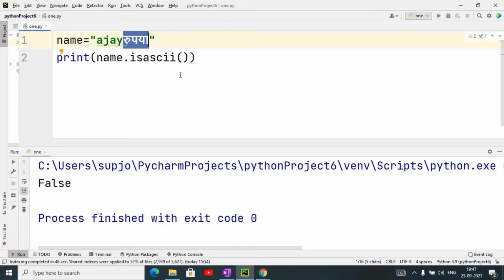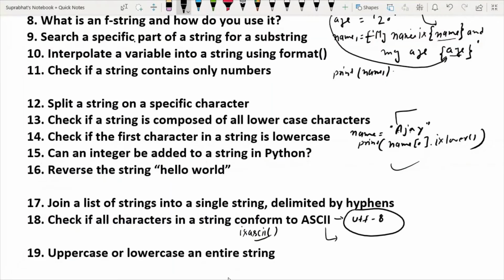So the isascii method checks if all characters are in ASCII format. In ASCII format, every character has a specific ASCII value.